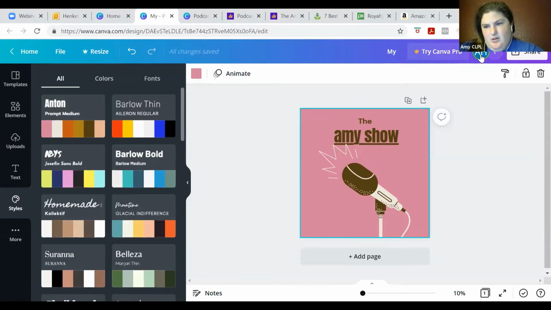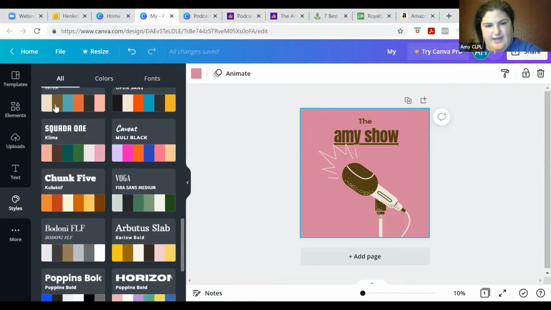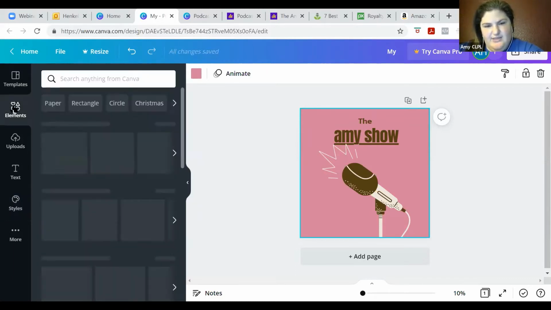I have the pro just because I like the brand kit, because it has everything be in my branding, and it's easier to have everything. And then, we didn't really look at elements here, but you notice that